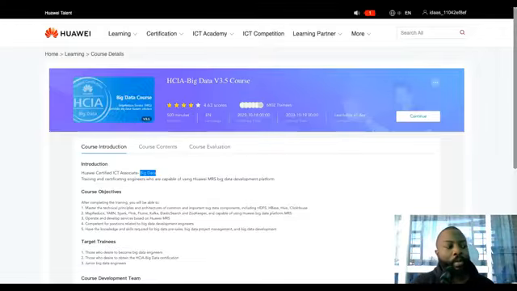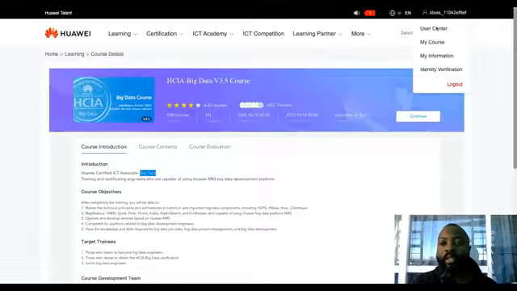Greetings, everyone. We're just going to go through the Huawei Big Data V3.5 exam. So, first of all, you need to make sure that you are registered on the Huawei system and register for a class. And when you log in, when you go under your account, so under user center,